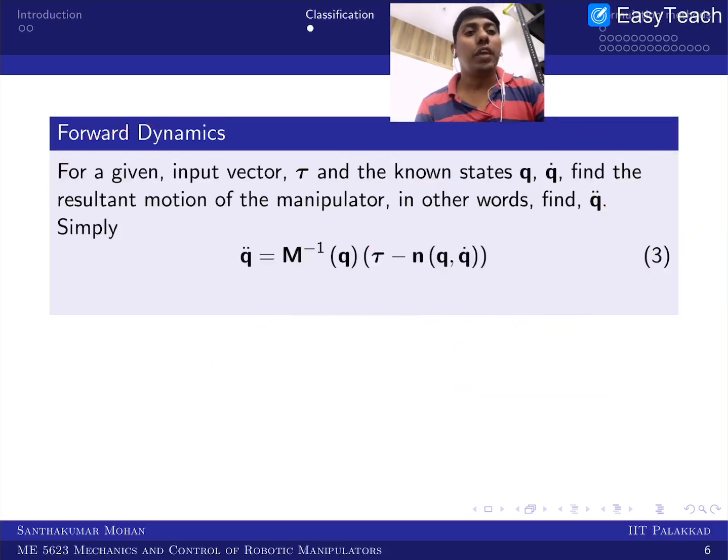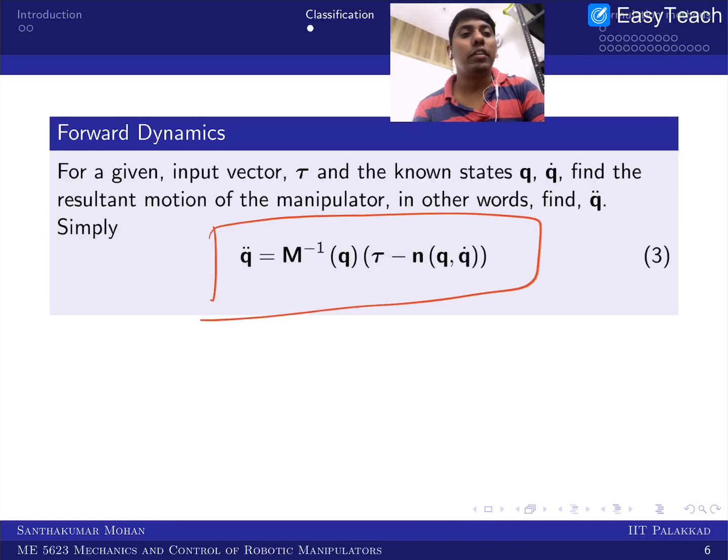So that is what we are saying. This is what we are doing. In the sense, we are trying to take the real system and apply the input and see what happens in the output, or the motion. So this is nothing but performance, or you can say analysis. In real time, this is just analysis. If you are doing it mathematically or numerically, that is nothing but a simulation.